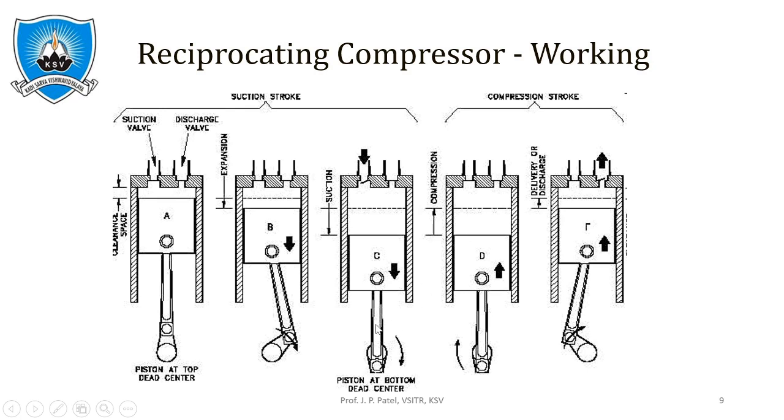Once the piston starts to move upward after reaching the bottom dead position, the pressure gradually increases. When that pressure rises higher than atmospheric pressure, the suction valve is closed and the air is further compressed up to a certain pressure. Once the pressure is reached to open the discharge valve, or outlet valve, that outlet valve opens and the compressed air goes into the reservoir tank or into the second stage.